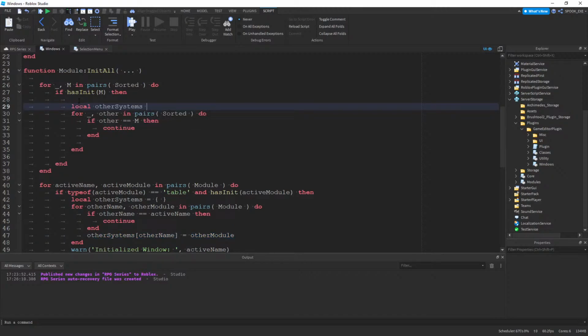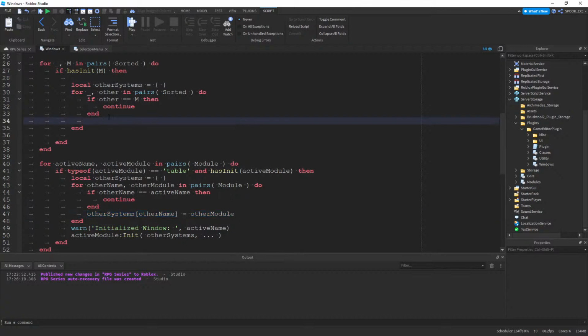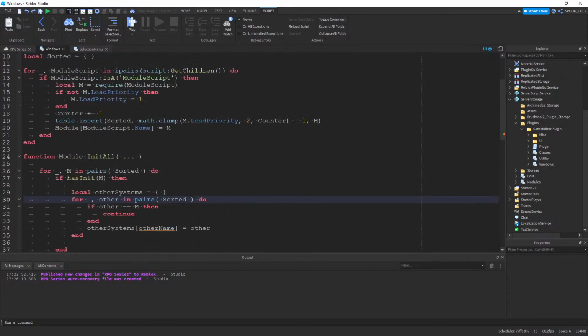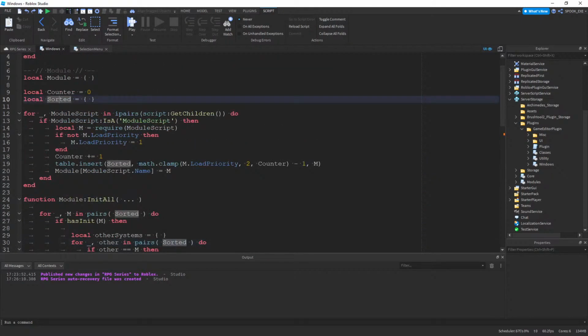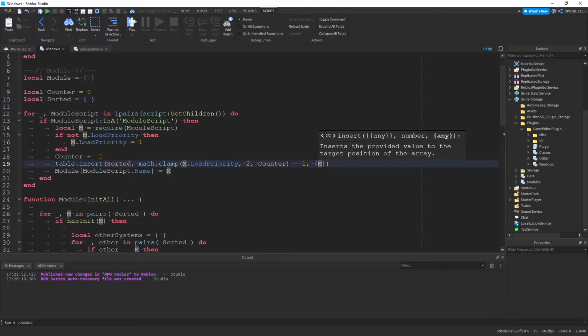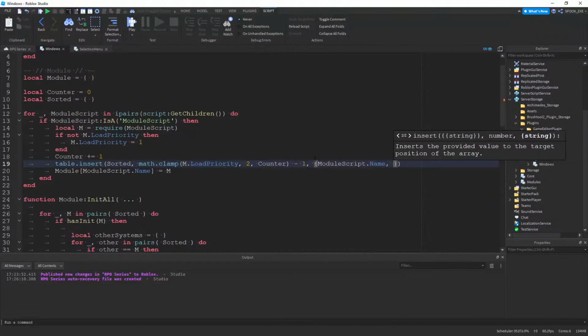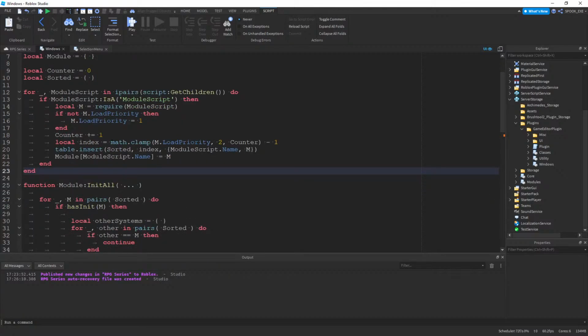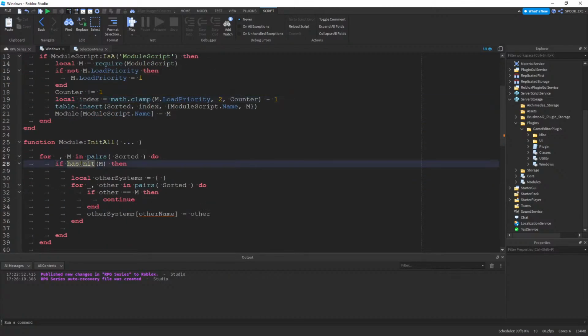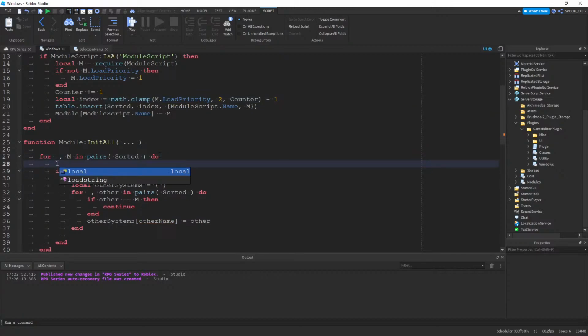Local other systems. Other name. No, that's the index though. Yeah, this isn't gonna work, is it? I have to do module script dot name m. I read all this here. So if has init m2, so that's actually